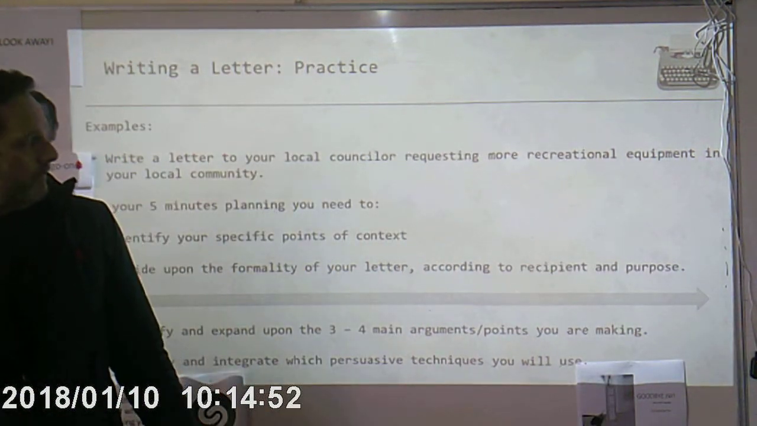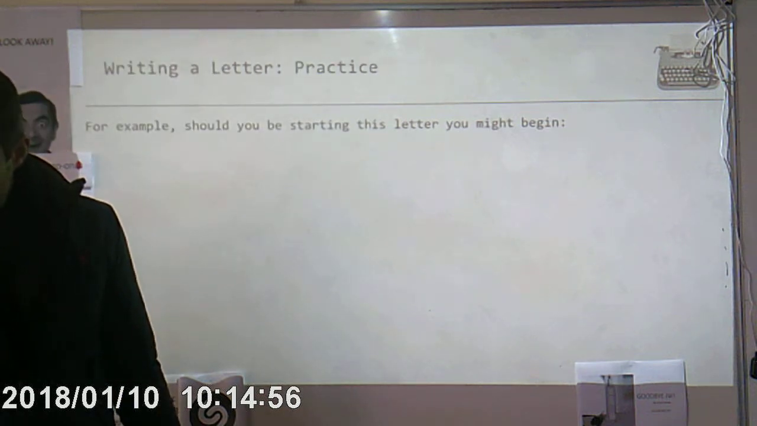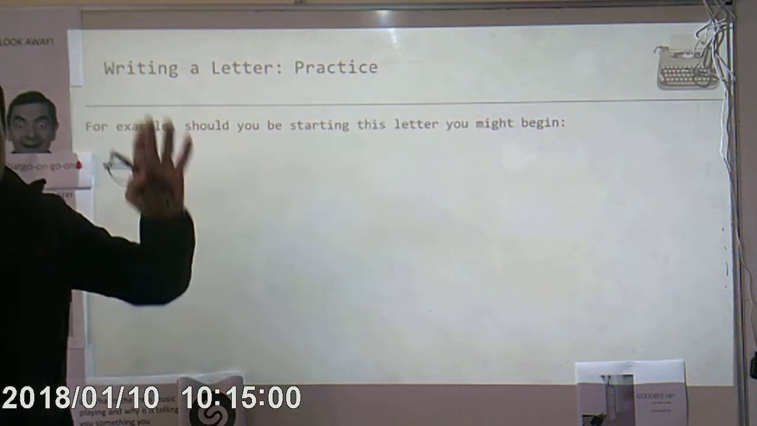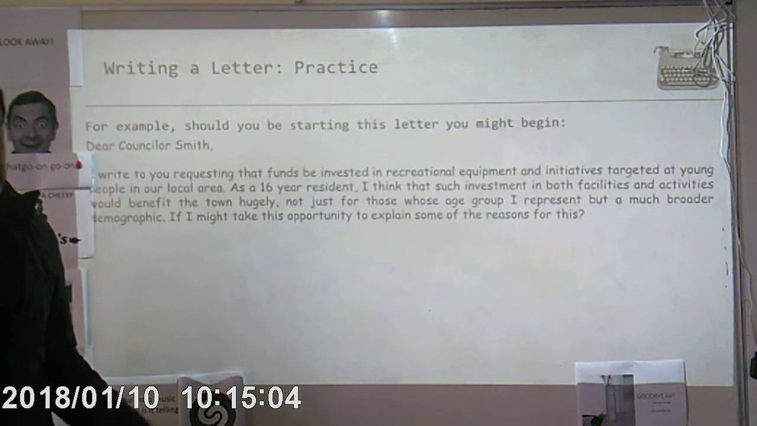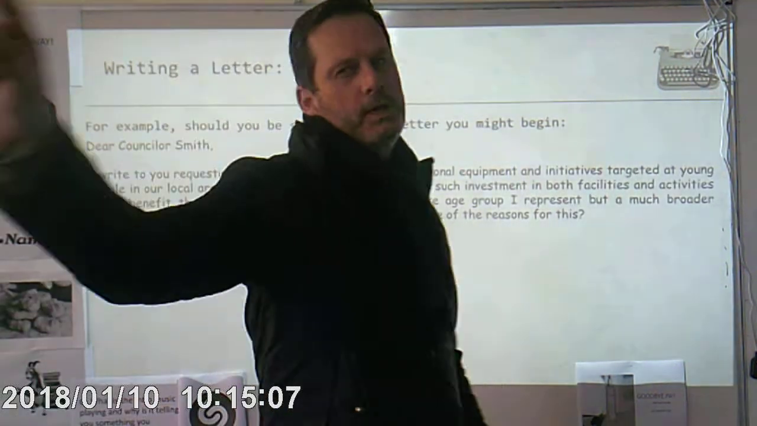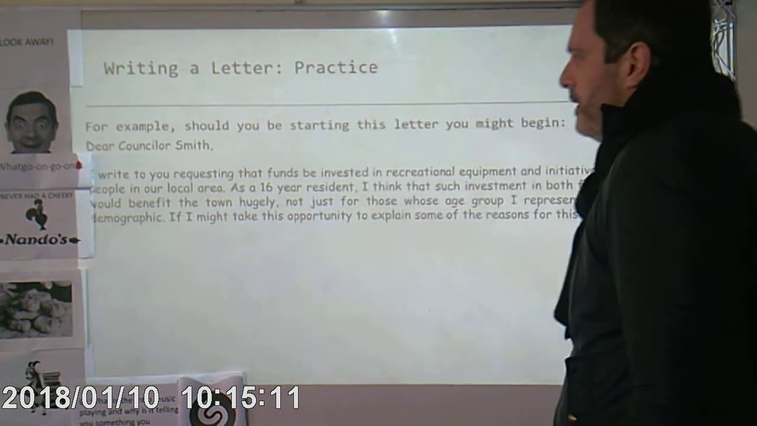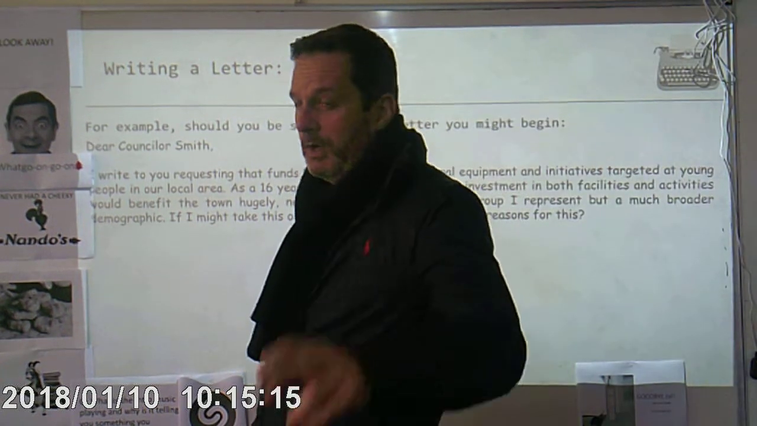Let's have a look. So, if that was the case, writing that letter, for example, you might begin it, okay? And this is what I mean by your introductory sentence. It doesn't have to be one where you're simply putting it in big letters, capitalised, saying this is what I'm writing about, okay? So, dear Councillor Smith,